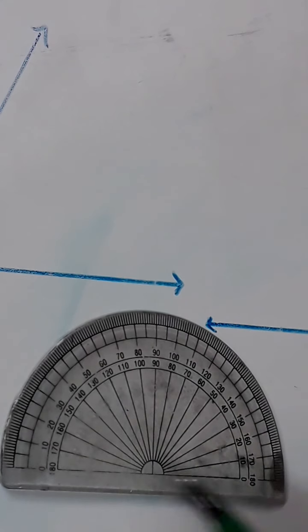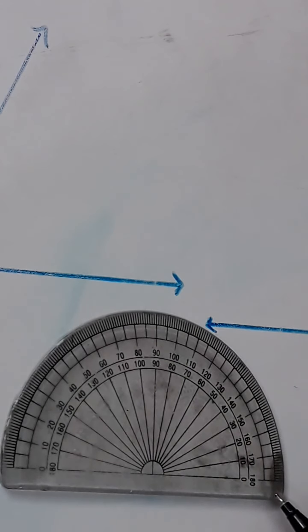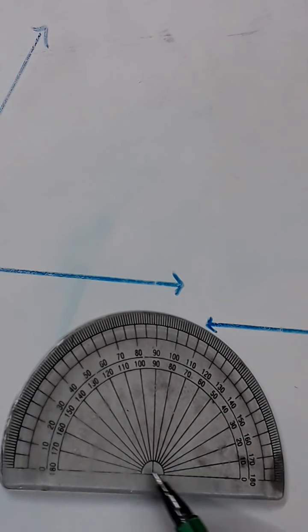This is protractor or D. We will see how we will use this protractor to measure an angle. While measuring angle, we will keep in mind this baseline and this point of intersection of this line and this line here at this point. Vertex of angle should lie at this point.